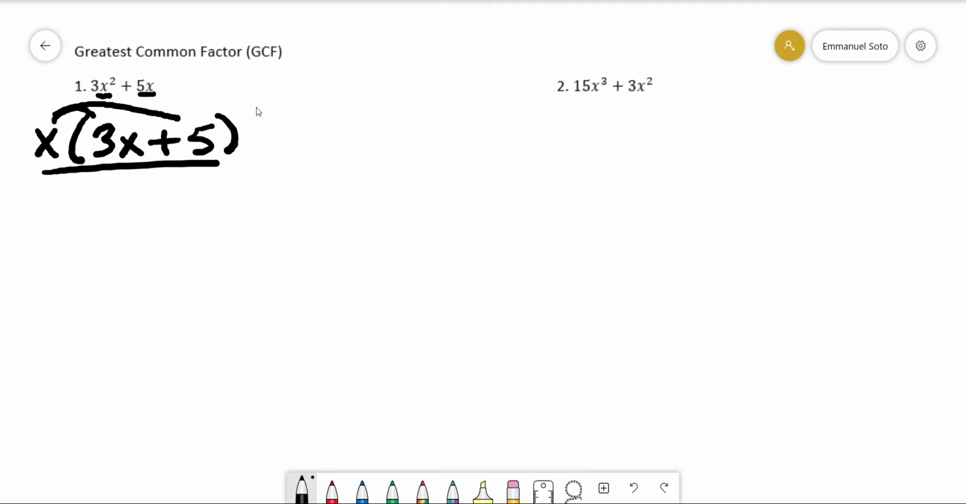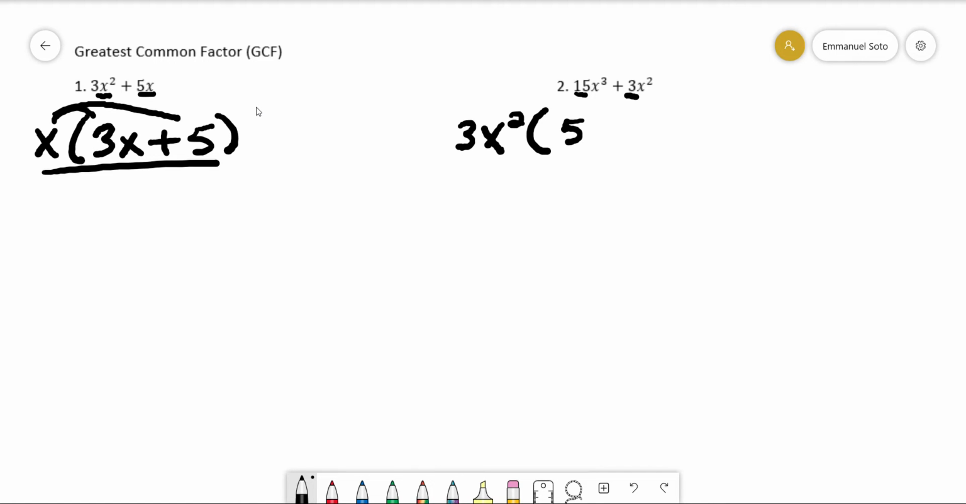All right, and then in this case, number 2, you're going to pull out the biggest thing that you can pull out from 15 and 3, which is a 3. So we can pull out a 3. We can also pull out an x squared. That's the biggest thing that we can pull out because we can only pull out 2 x's from here, 2 of them from there. So we're going to pull out an x squared, and that gives us, so 3 from 15,